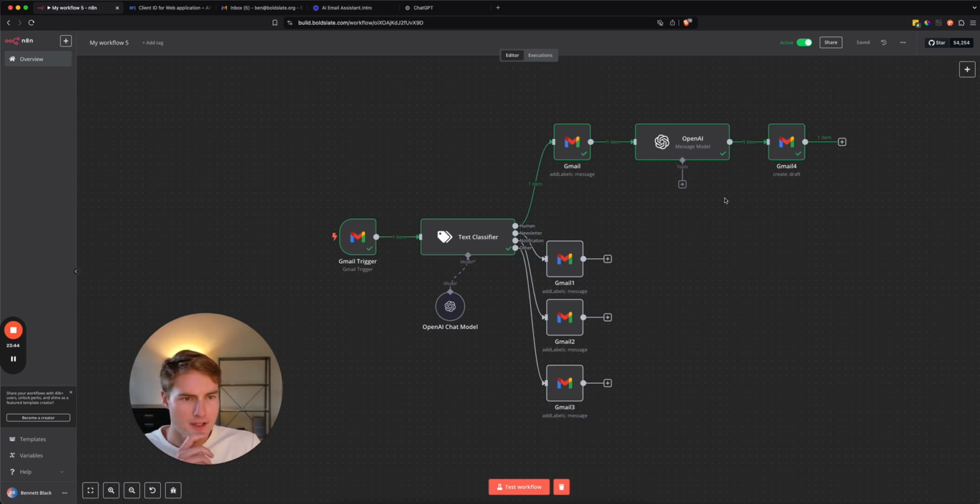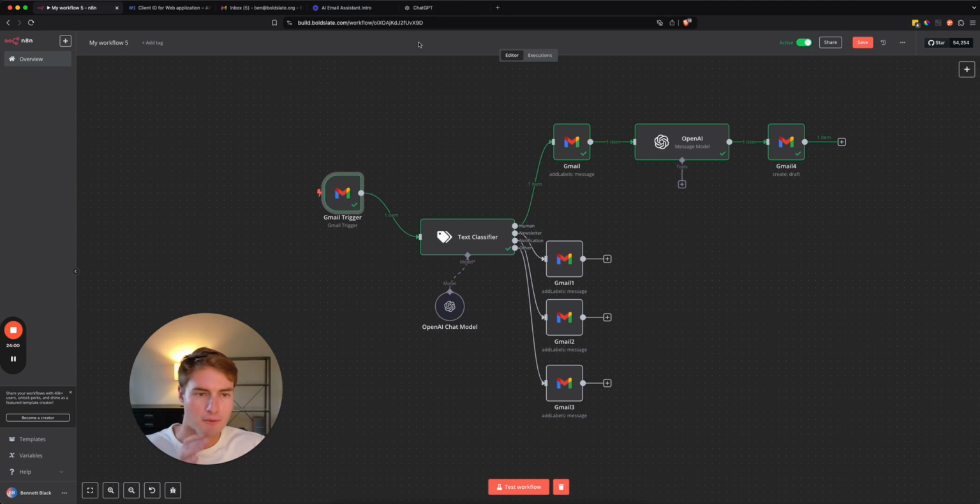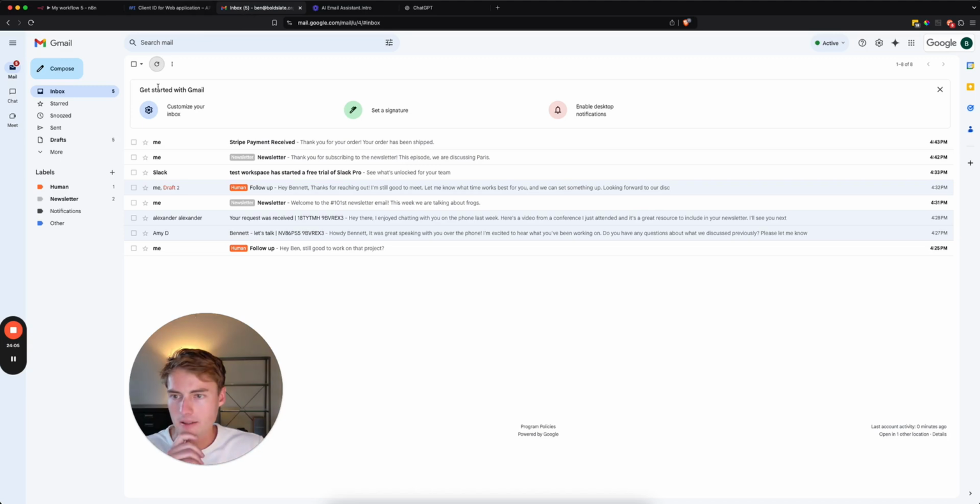But my thoughts on this, I mean, you could have way more tags than this. You could also use more than one trigger right here. You could have like several inboxes. So imagine the entire company's email inbox is synced to this, and it just allows you to have a really streamlined company email organization. So if I go back, let's see if this got tagged. Boom, notifications, perfect. As you can see, no replies have been sent to these or drafts have been created yet,